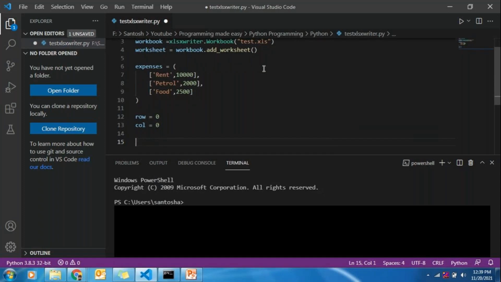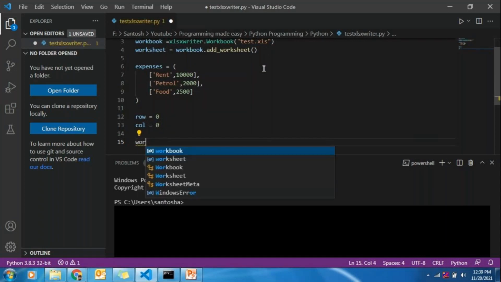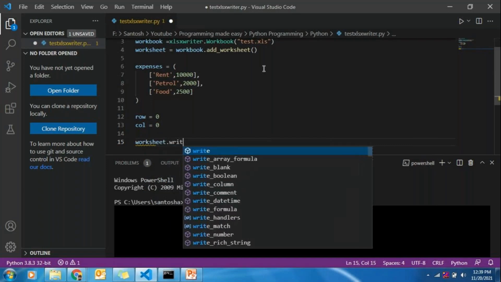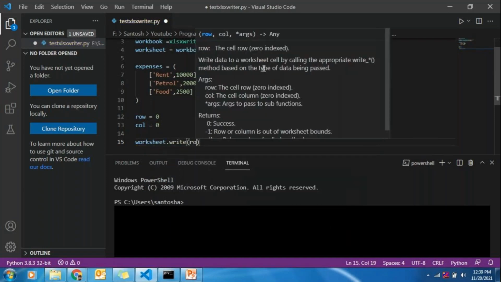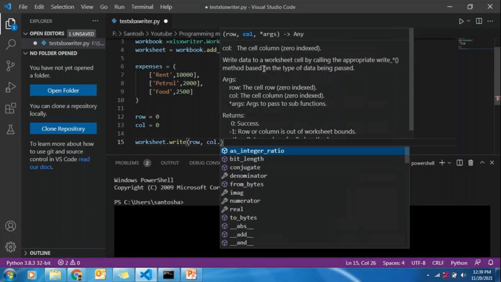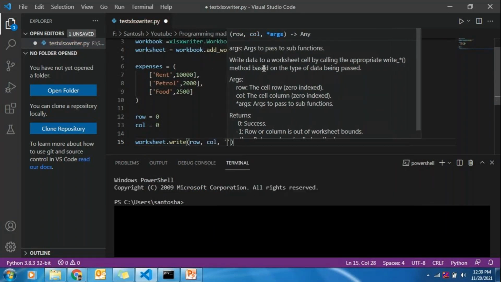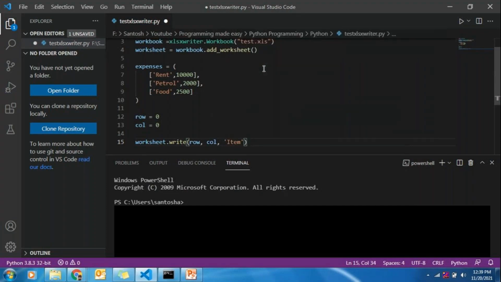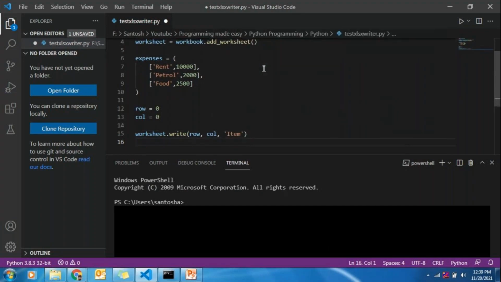In order to write to a particular cell, we can use the write function. So worksheet dot write, your row number, column number, and what we need to write. So this is item, and in the next column I will write my cash or expense.